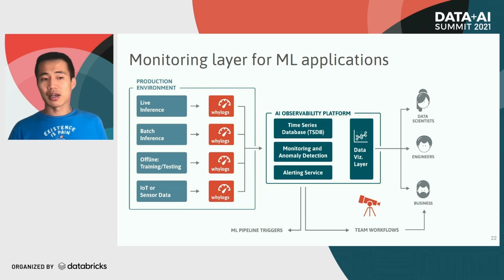You can also run whylogs on top of more advanced deployment modes, such as IoT or sensor data, where the memory is much more limited. So you can imagine storing these whylogs profiles on the SSD card and then shipping them back once you have an internet connection, for example. And that's actually a common use case we've seen when it comes to deploying whylogs to more performance and network sensitive devices. And once these are collected, you would want to store them in a storage system such as S3,